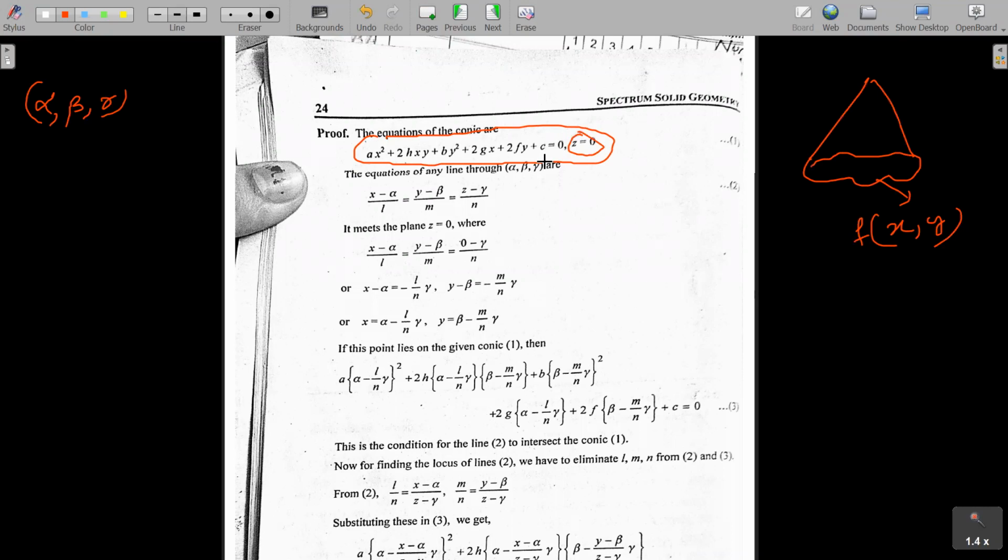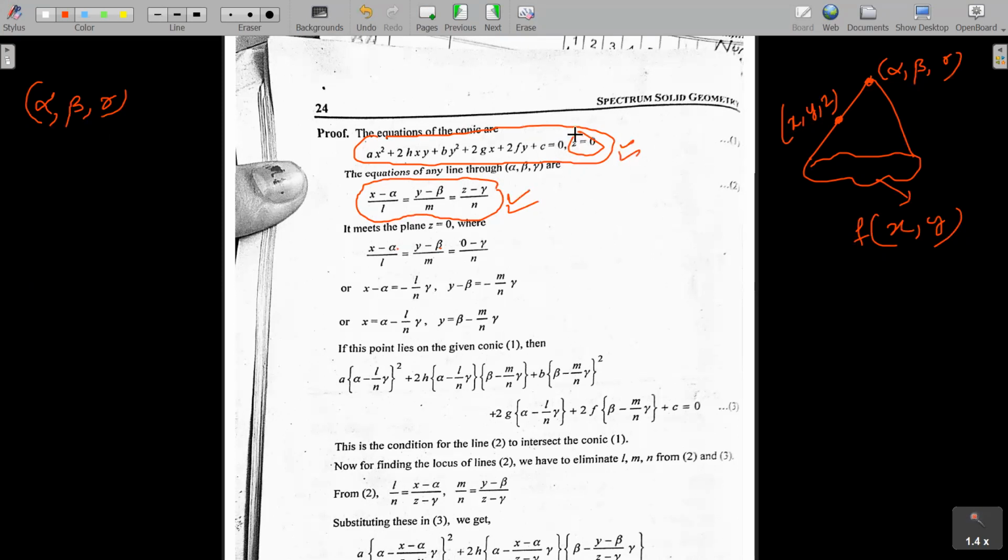Now what we have to find? We have to find the equation of the cone, right, with vertex at alpha, beta, gamma. So obviously we have to find the locus of any point on this curve. Say I take x, y, z, the point on the generator. तो हमें पता है equation of generator क्या हो जाएगी? It passes through the point alpha, beta, gamma. So x minus alpha, y minus beta, z minus gamma over what? Over LMN. Say LMN are the direction ratios of the generator. Right.